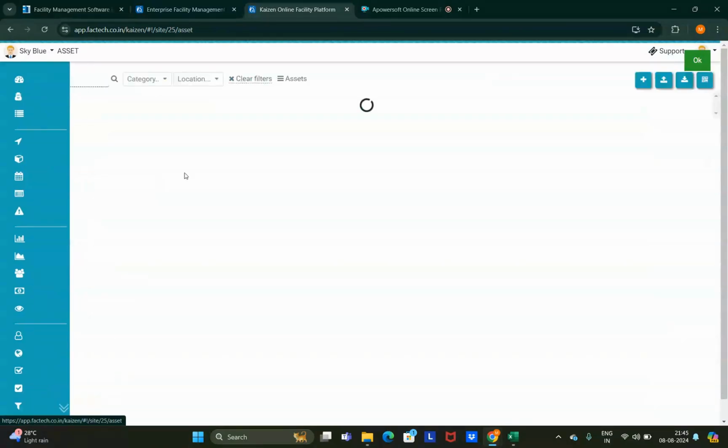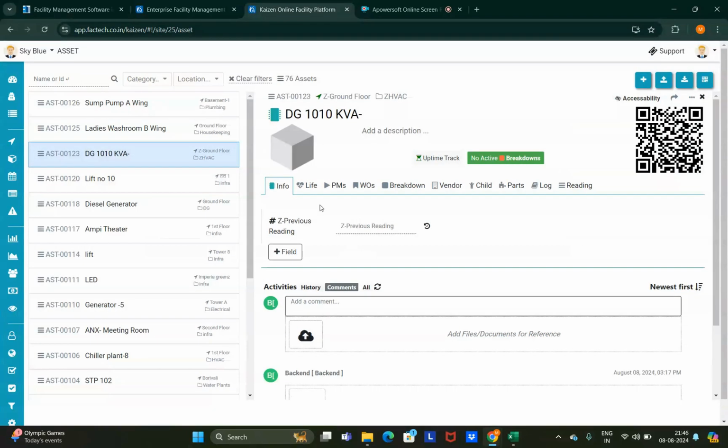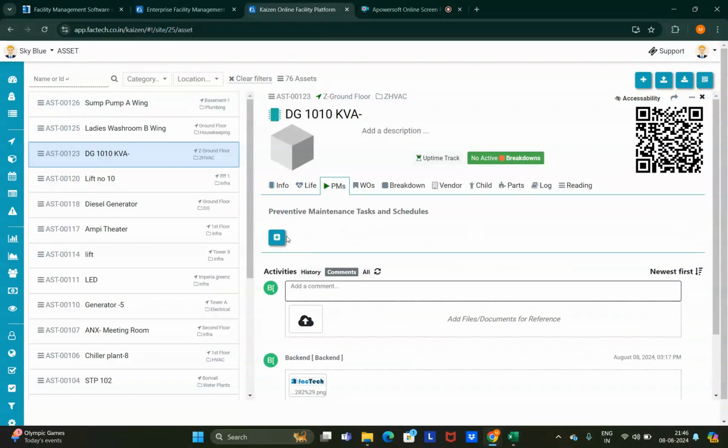We need to click on the asset and select the asset for which we want to create the schedule. For example, I am going to create the schedule for DZ1010 kVA. So we need to click on the same. Then we need to click on the PMS, then the plus sign,